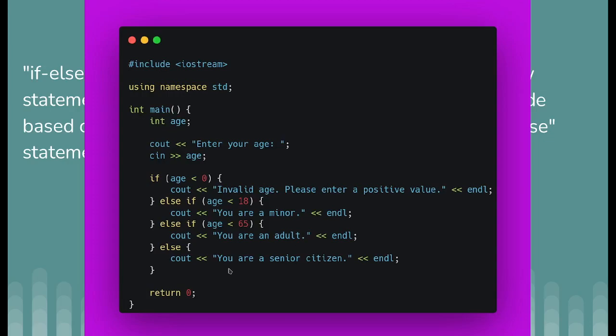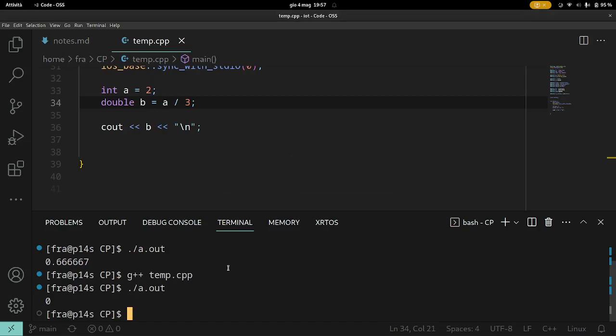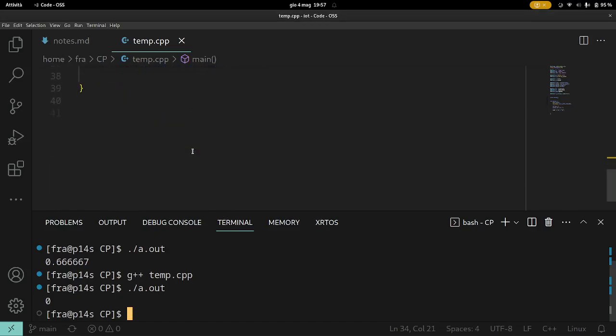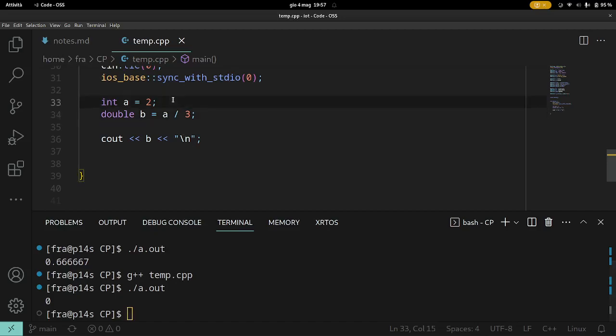Here we have braces. A point that we can make here is that every couple of braces creates a scope. So it's a block of code that we call scope, and the variables that are defined in a scope are not visible outside. So if in this else we create an integer a equal to 0, outside we will not see that it exists. So if we define a as true,